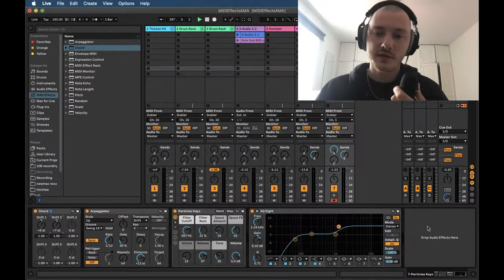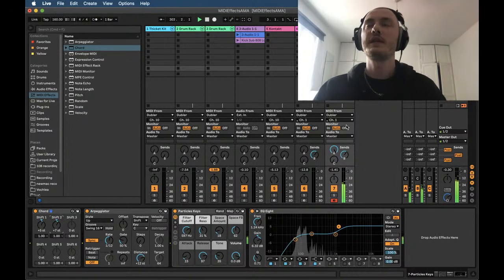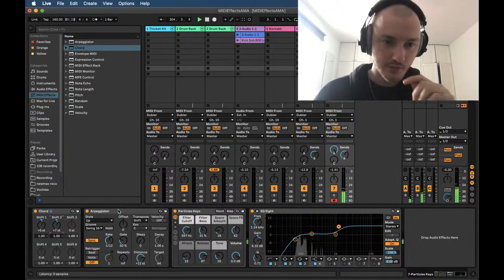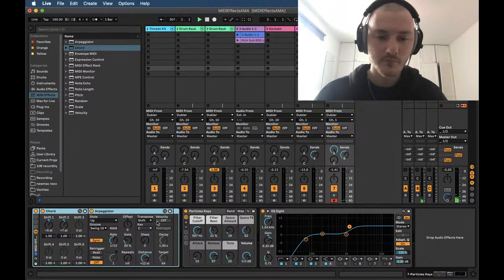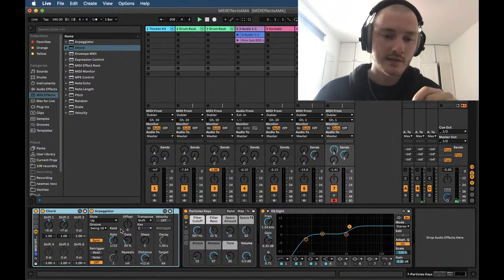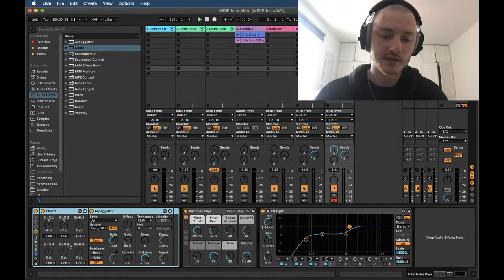Did I turn the chords off again? Yeah. Ba, ba, ba. So I've got these, but I don't want them all the time. So what I can do is group these up, and let's put this on hold, and then we can MIDI map this group that we've just made